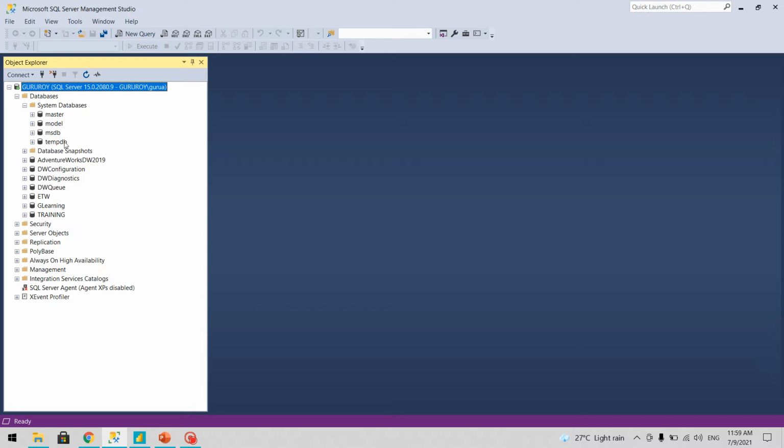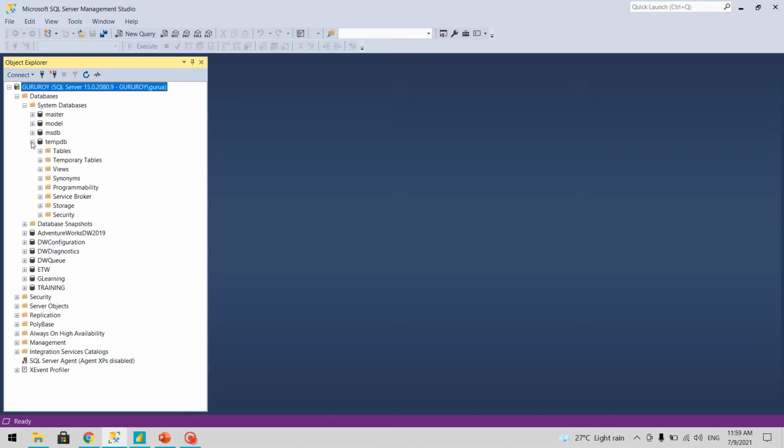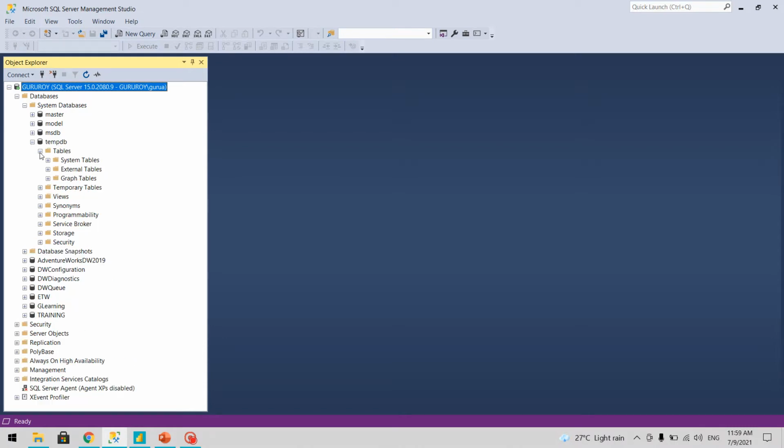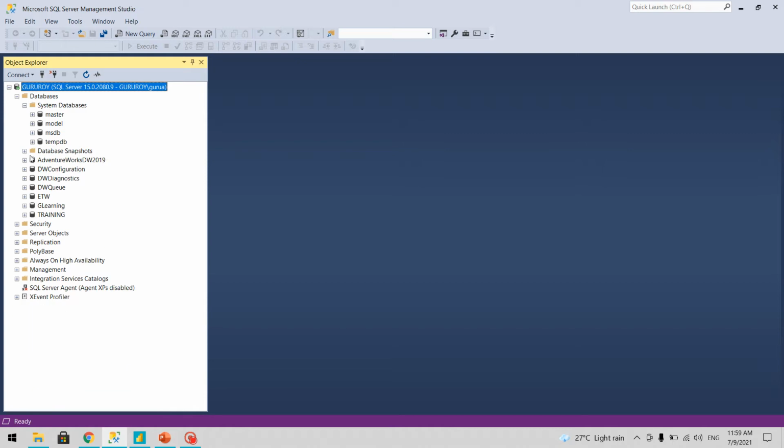And then you have TempDB. TempDB normally stores the temporary objects like temporary tables, sometimes table variables if the size exceeds, and again on the temporary tables you have local and global temporary tables. Those are again stored there in the temp database till all the sessions are there. Now you will also see user defined databases, and in case any snapshot is created, then that snapshot comes under the snapshot category.